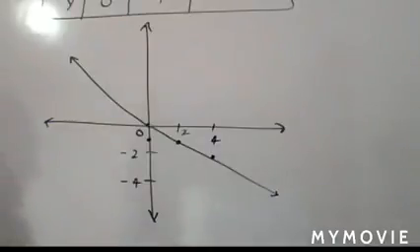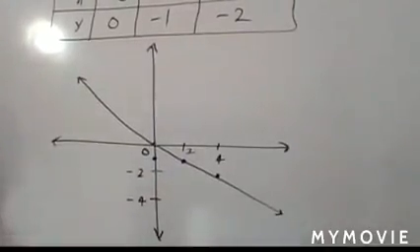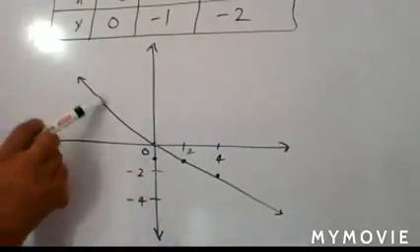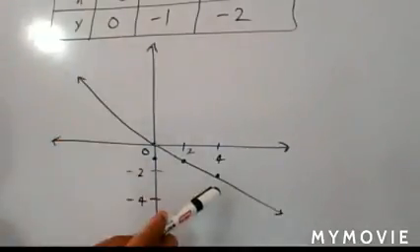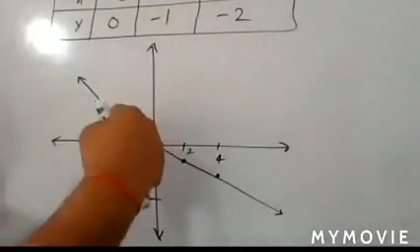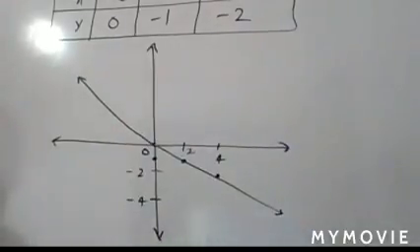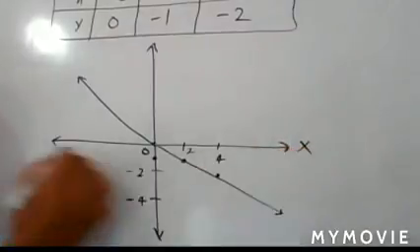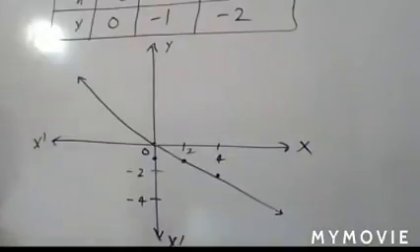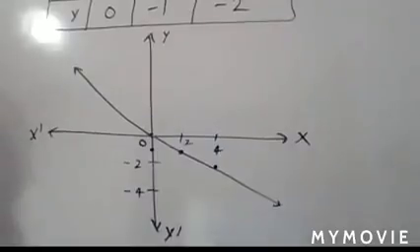Now you come to the point: in which portion does your solution exist? To check the half plane, suppose you have a line like that, so it divides the complete plane into two halves. One is above the line and the second one is below the line. Understand? And here you mark your axes, x, x dash, y and y dash. Don't forget to label the axes, x x dash, y y dash.